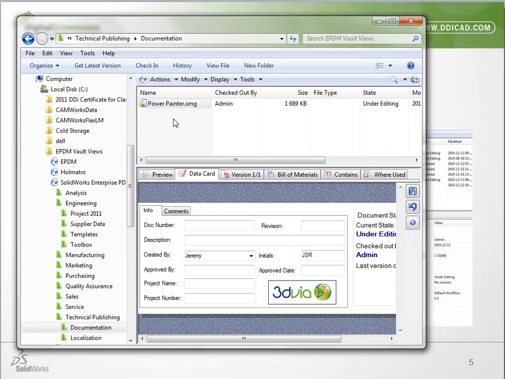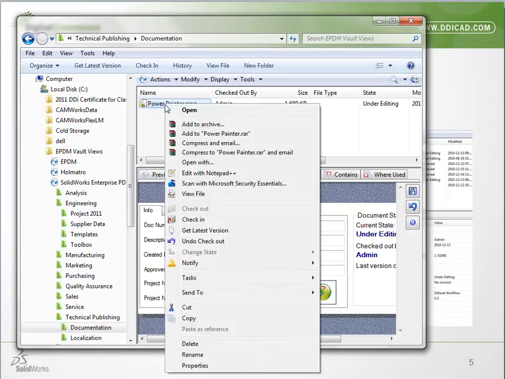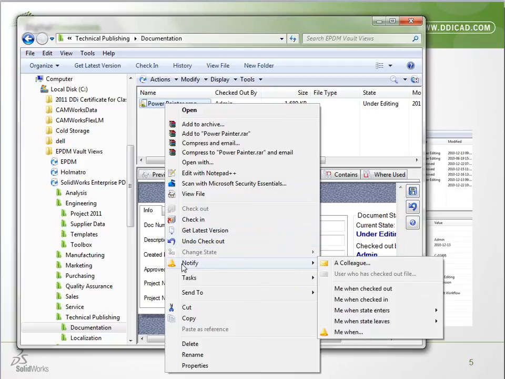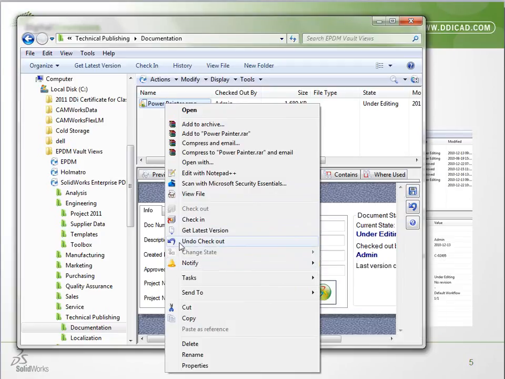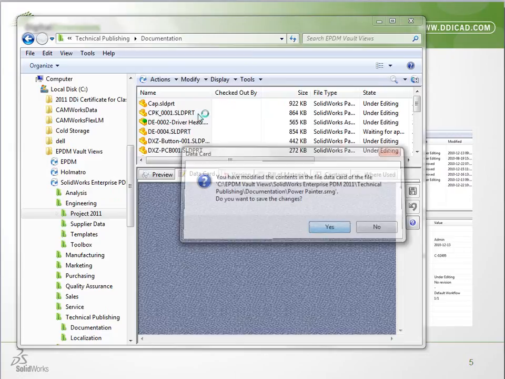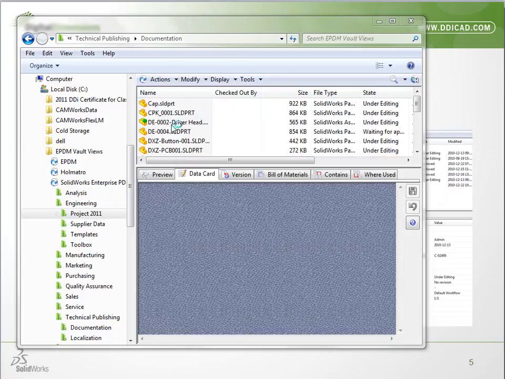Coming back over to Windows Explorer, the first item is just the general interface. The icons are a little bit different. They've been given a facelift to help highlight where the Enterprise PDM functions are. If I wanted to go in and look at history, for example,